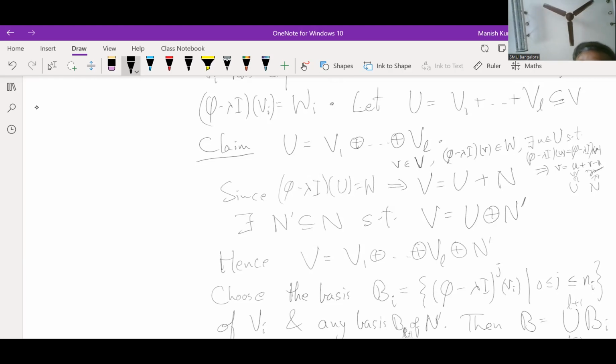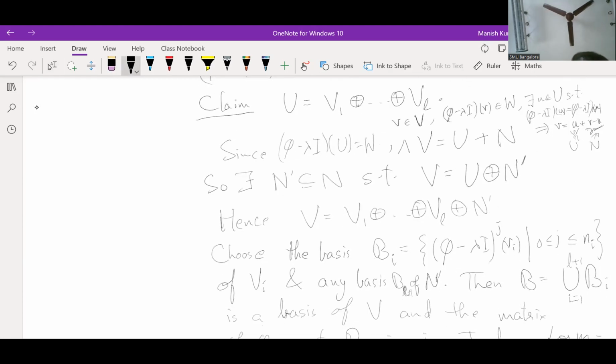So here is the explanation for this. There exists N prime in N such that V is U plus N prime. And hence by the claim, we have V is V1 plus V2 plus ... plus VL plus N prime. Now you consider the basis of Vi to be, you know what you have to take: Vi, plus phi minus lambda I of Vi, plus phi minus lambda I squared of Vi and so on. That has to go up to